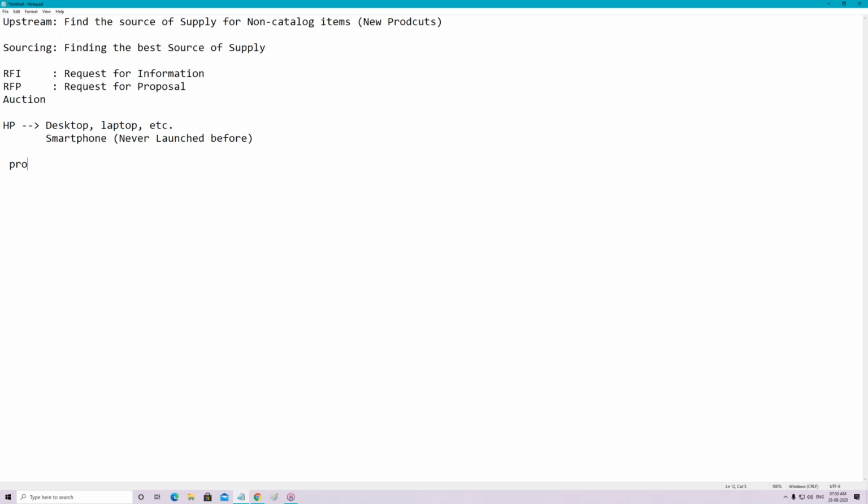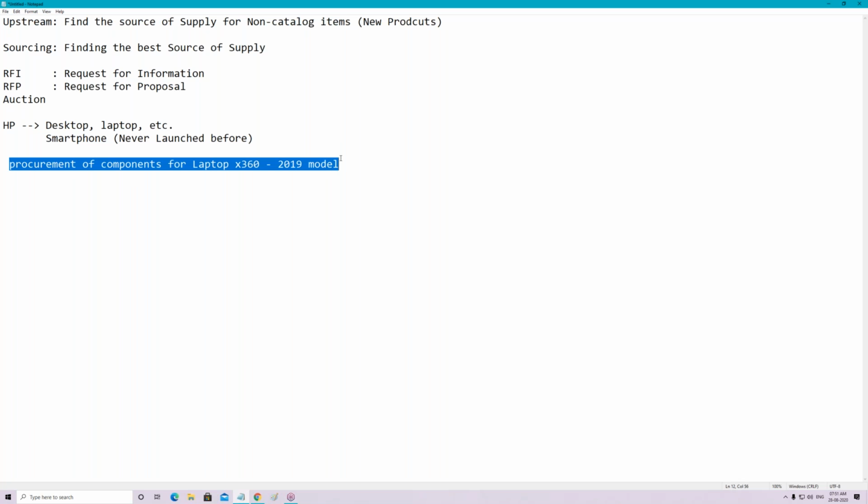First of all, procurement of components for the laptop X360, 2019 model. This is the first scenario which your client has given. Very good.